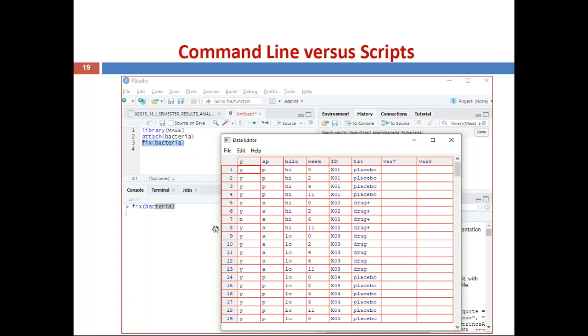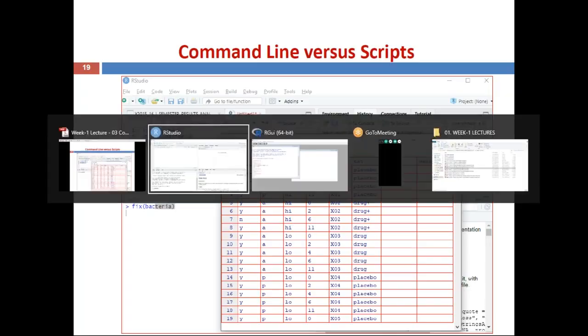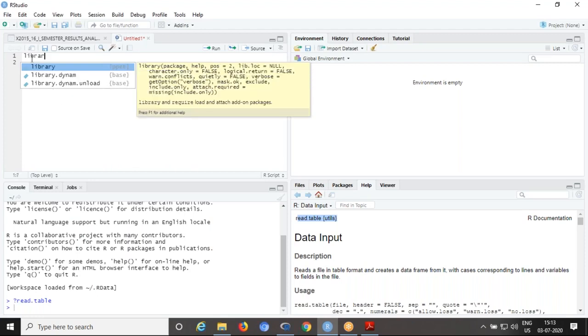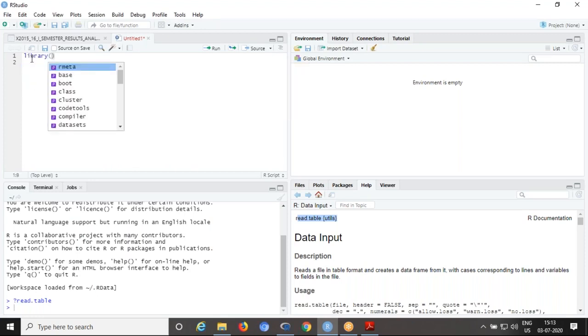Now you can try these 3 commands in RStudio. First, in the first window, the script window, type these 3 commands, then see the execution one by one. Then coming to RStudio, here you can type. First, I am typing library of the package name MASS.